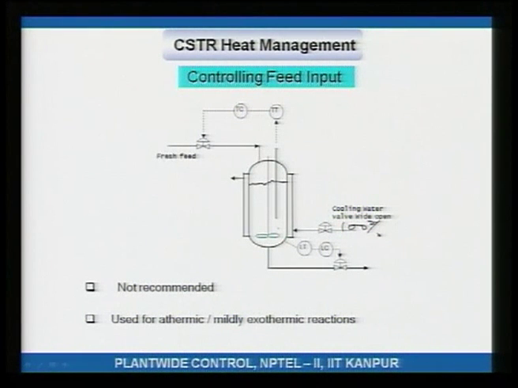It is just that it is never done in practice, and the reason why it is not done in practice is because the amount of material that is stored in the CSTR is a large amount. So, let us say temperature is going down. Because temperature is going down, that means I am removing more heat, that means I can add more feed. So, I start adding more feed. As I am adding more feed, the concentration of the unreacted material inside the reactor goes up. Okay.